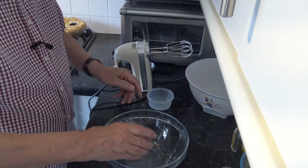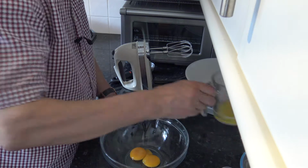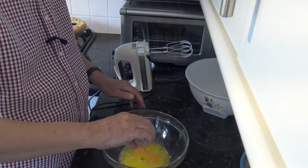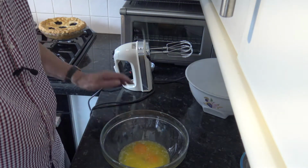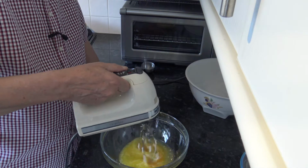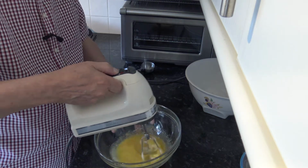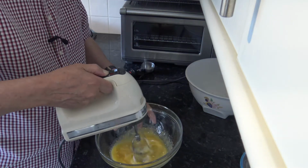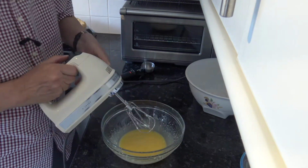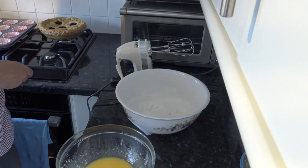and then into another bowl I'm going to put the egg yolks. I did use all the sugar so I don't need to put the sugar in, and the butter and the vanilla extract, and I'm just going to whisk those together. So they're combined, and then what I'm going to do is